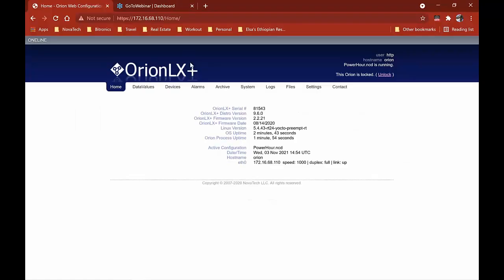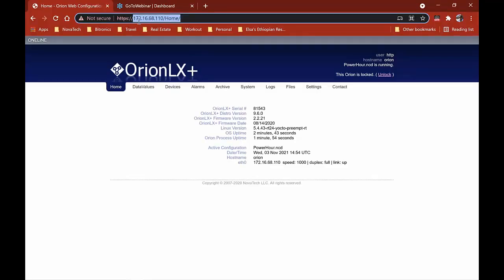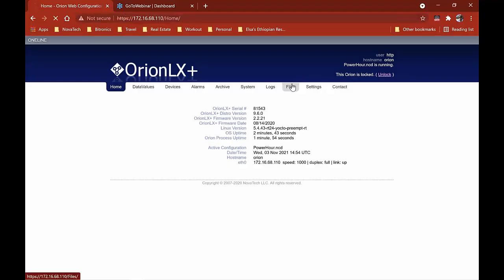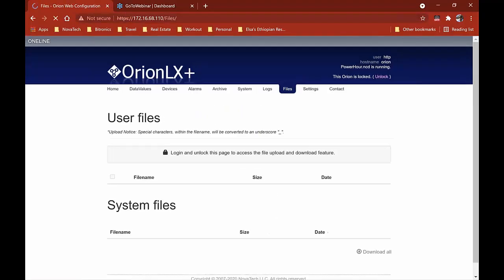And again, I'm connected to the web interface of the Orion. Again, you can see here I'm just doing https:// the IP address, the static IP address of my Orion, which is 172.16.68.110. I'm going to go to my files page, and I'm going to drag and drop that new file into